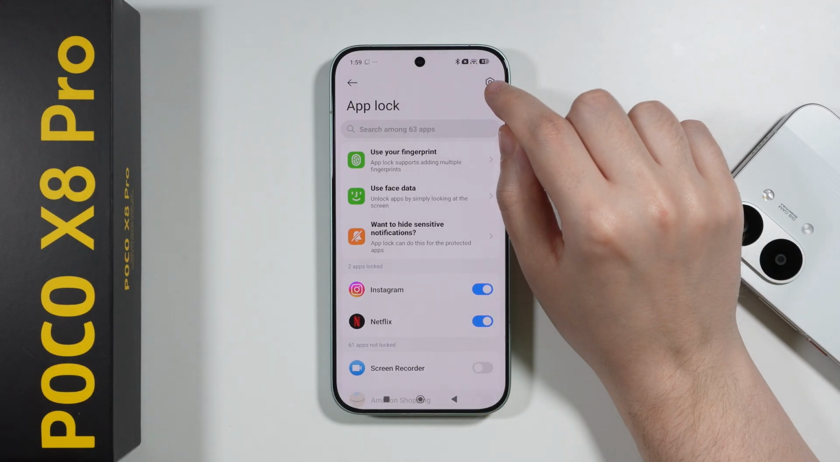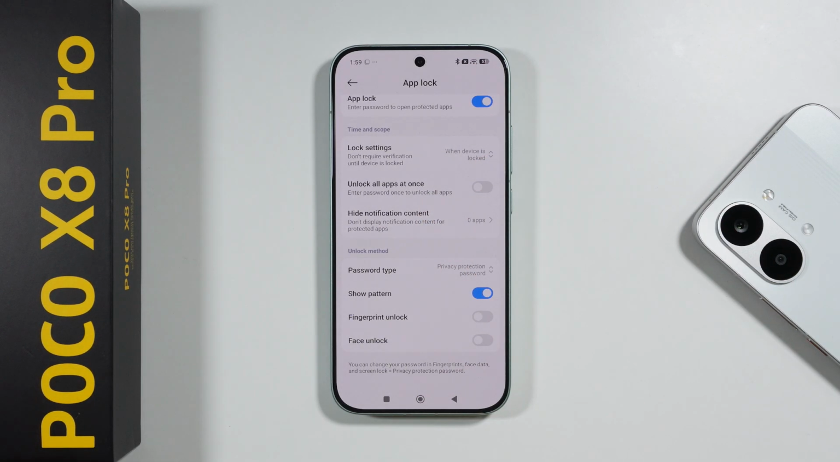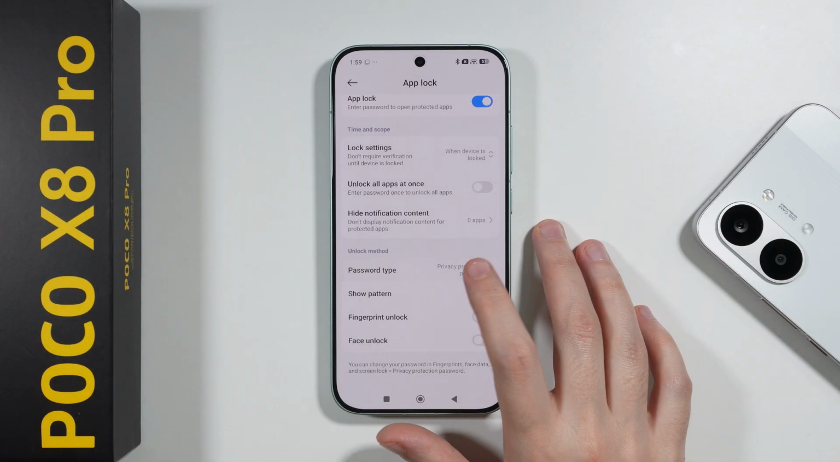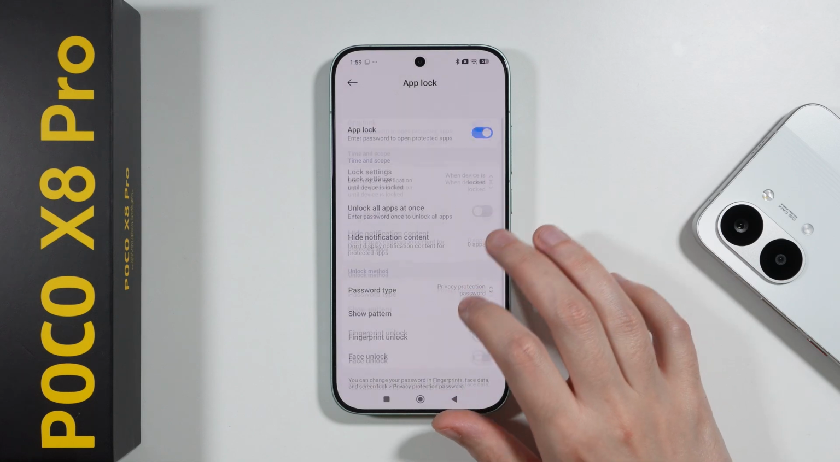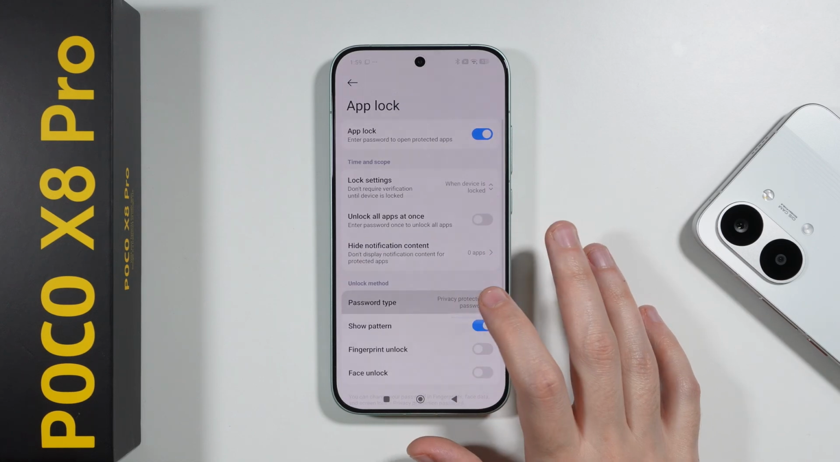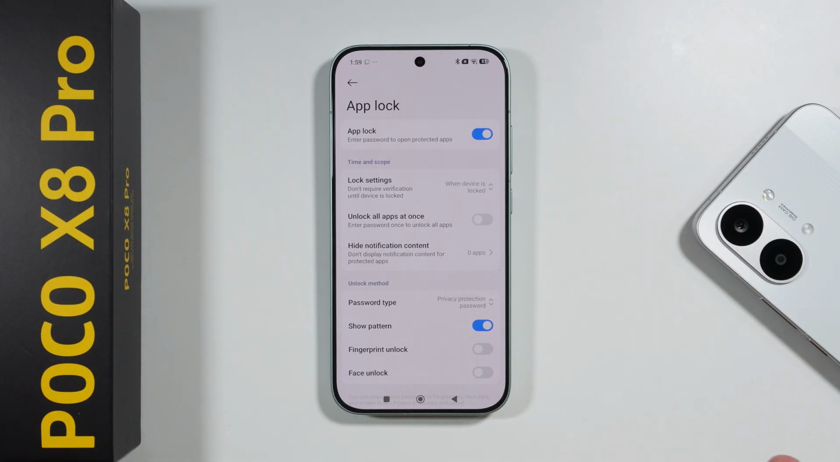Next, tap on this setting in the upper right corner. And then here we should be able to find the password type. So we should be able to, for example, choose between the privacy protection password and the screen lock. And of course, if you want to just switch the password, like let's say you use the privacy protection password,